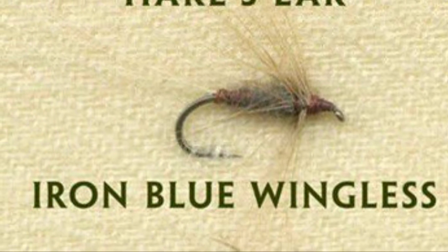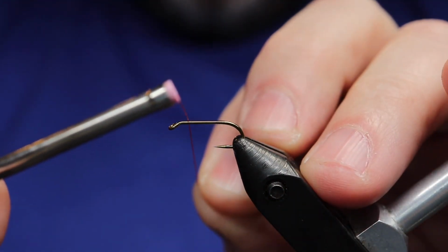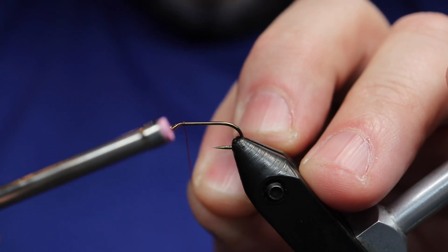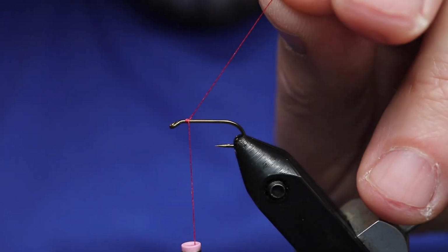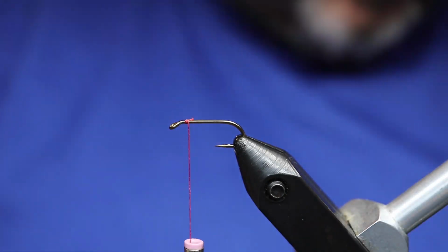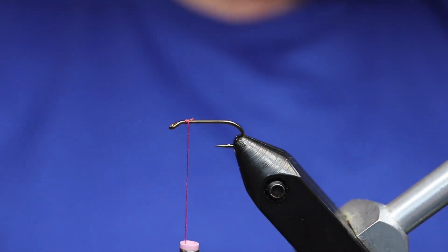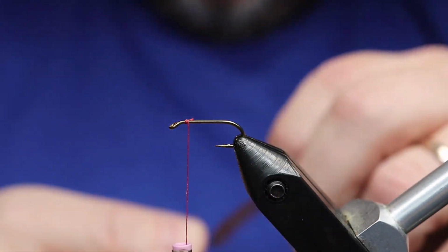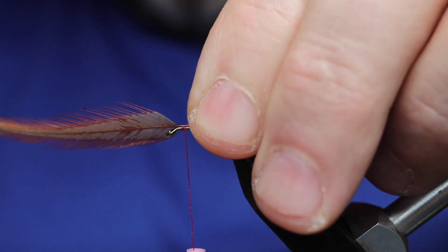There's Leisenring's tie. And of course his is more in line with Skues minus the wing. So I think we're really talking about Skues' iron blue without the wing. So I'm going to use crimson silk, and for the feather, I'm going to use a dark honey